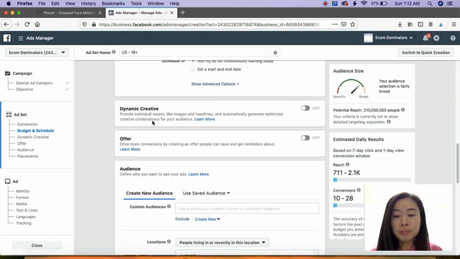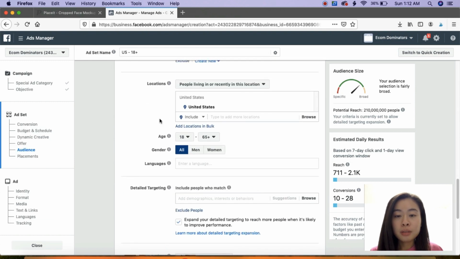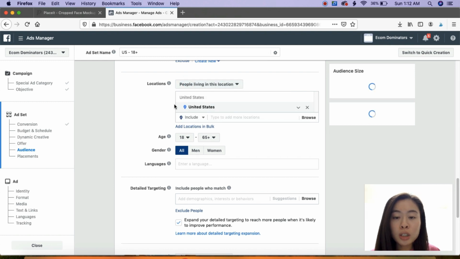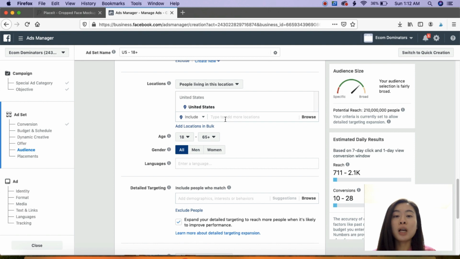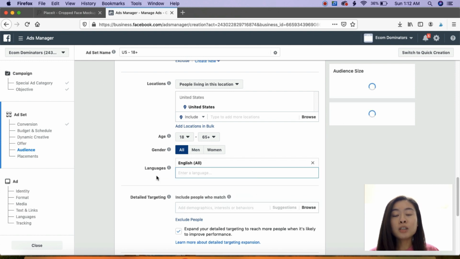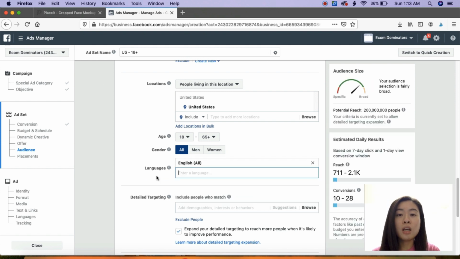Now let's come down over here. Now for the location, I like to set this to people living in this location just to make sure that I am targeting people that live in the United States. Sometimes people are traveling to the US, but you do not want to target people who are just traveling by and don't actually live inside the US. So for this example, I'm just going to leave the age as is. Language, I definitely like to put in English all, mainly because my ad will be in English, so I do want the audience that I will be targeting to have the ability to read English,